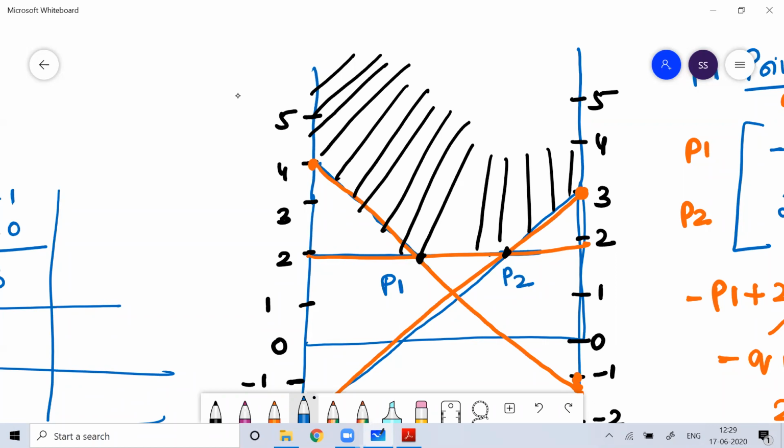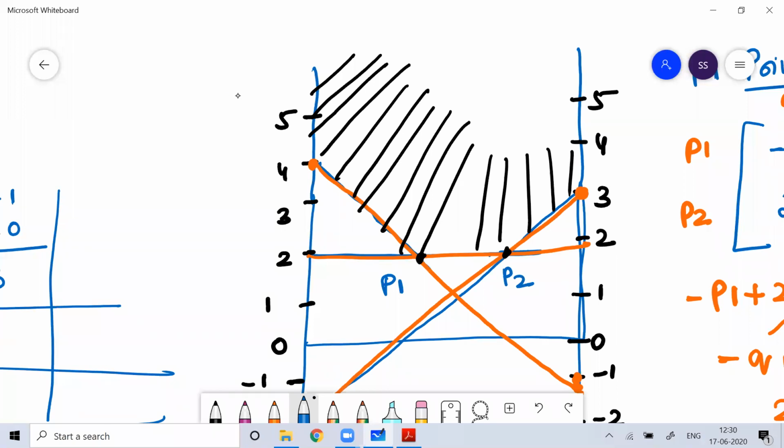You delete that row where all the elements of that row are either equal to or less than all the elements of another row, and you delete that column where all the elements of that column are more than or equal to all the elements of another column. Once you delete rows and columns, ultimately you have to convert that problem.